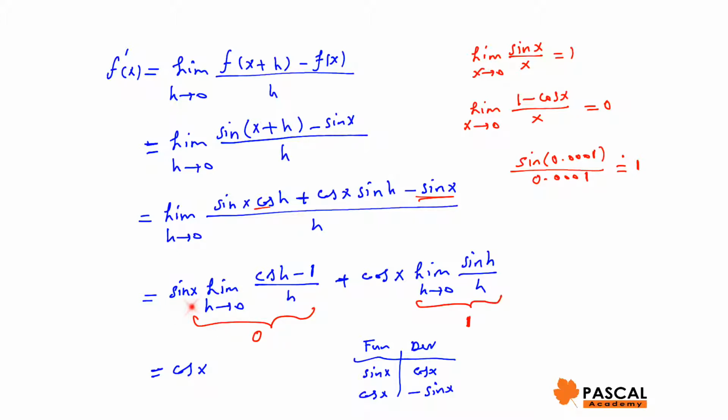Therefore, the derivative would be sine of x times the limit of cosine of h minus 1 over h, plus cosine of x times sine of h over h. The limit of 1 minus cosine of x over x as x approaches 0 is 0. To show this,